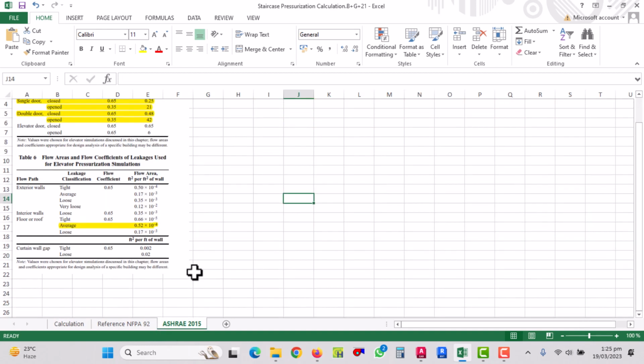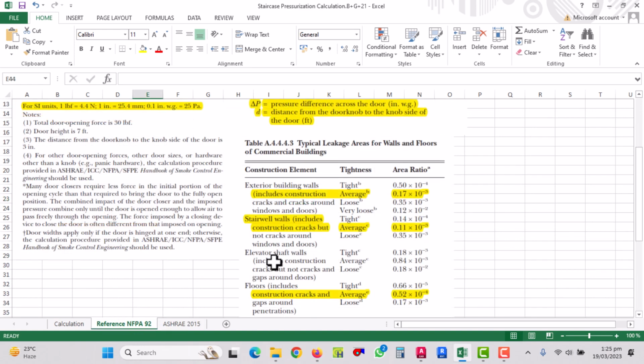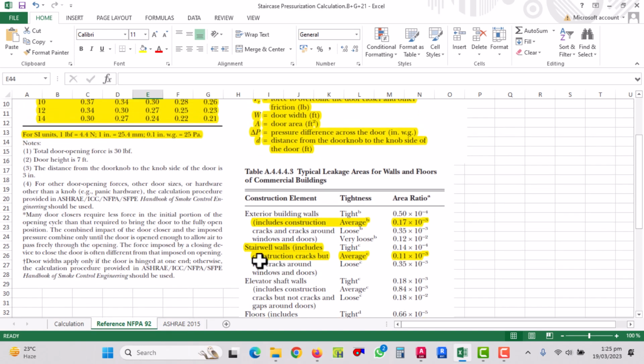Sorry, NFPA. Here you can see the stairwell wall. This is Table A.4.4.3 of NFPA 92. You can read it yourself in the NFPA 92 standard. So stairwell walls include construction cracks